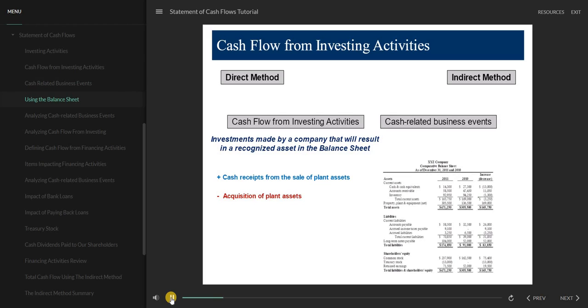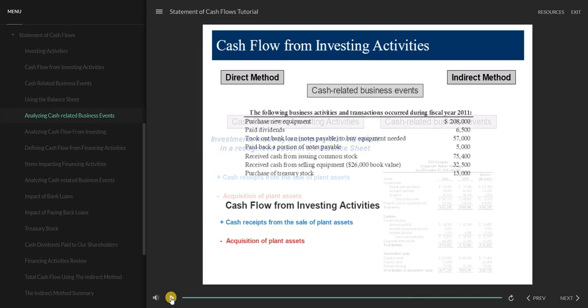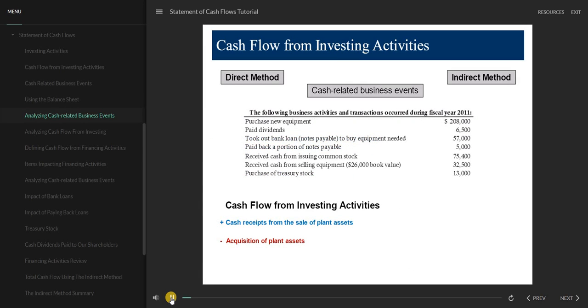We'll use our balance sheet, as we demonstrated previously, to confirm that these items reflect cash receipts or payments and not accruals, receivables, or payables. For purposes of this demonstration, the list of significant business activities should be considered in preparing the section of the cash flow statement. The first thing we want to look for is any cash receipts resulting from the sale of